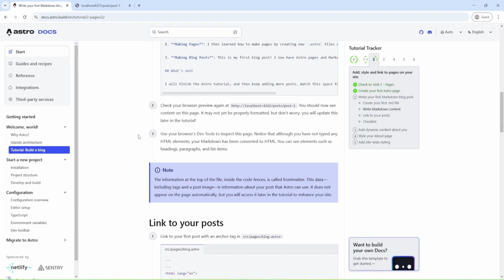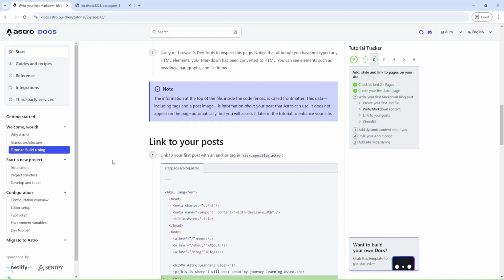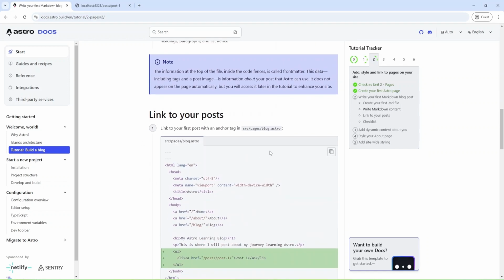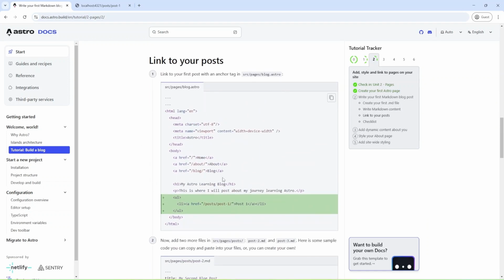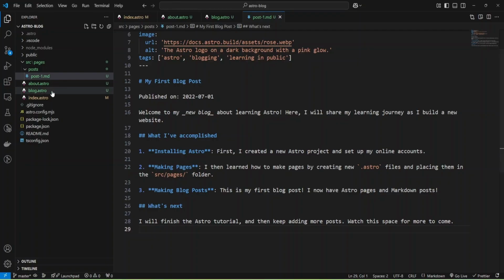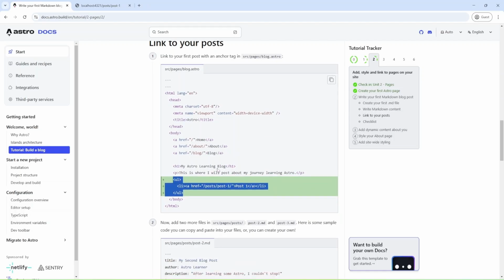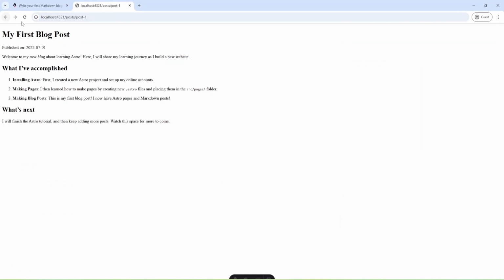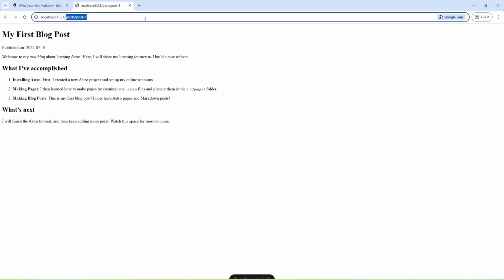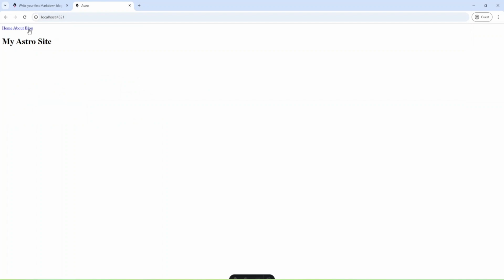Okay, and we checked it. We can use DevTools, and they propose change blog. Okay, and let's add it to our blog page. Okay, and let's check blog. I can remove this and go to my blog, and as you can see, I have a link to our post